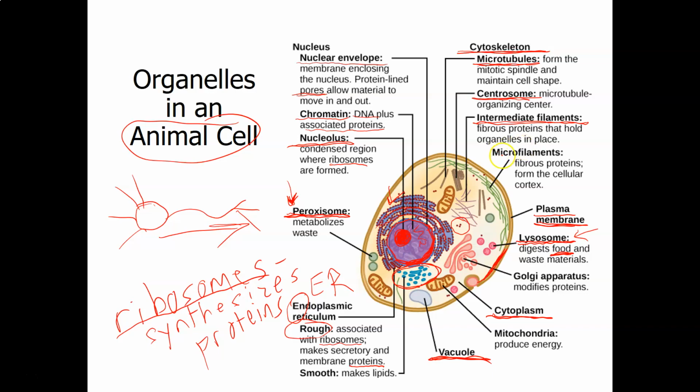The microfilaments are the thinnest filaments, and you can see them. They're the green ones right here. They arrange themselves right up against the plasma membrane, and they form the cellular cortex. Cortex just means the outer part of the cell. So they arrange themselves right up next to the plasma membrane and give the cells a little bit more support. Now we're going to have slides on all of these terms,